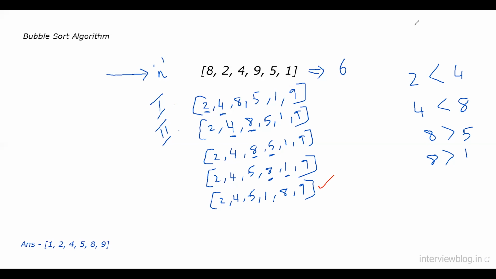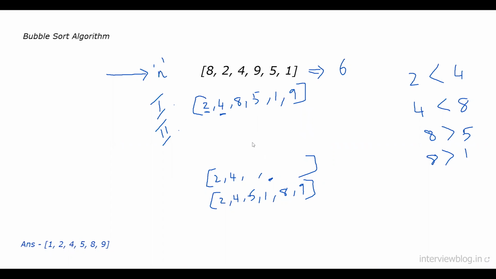So this will be the last iteration in our second traversal, because we have already discussed that after the first iteration, this 9 has been placed in its correct position in the given array. So we won't be comparing this 8 and 9. After the second iteration, we can see that both the last elements 8 and 9 have already been sorted and hence only the elements 2, 4, 5 and 1 need to be sorted now. So we can ignore this part of our input array and we can perform our bubble sort algorithm for this part of the given input array.